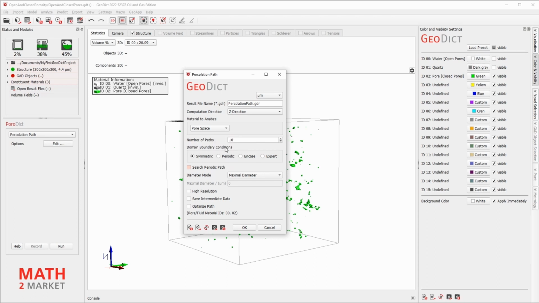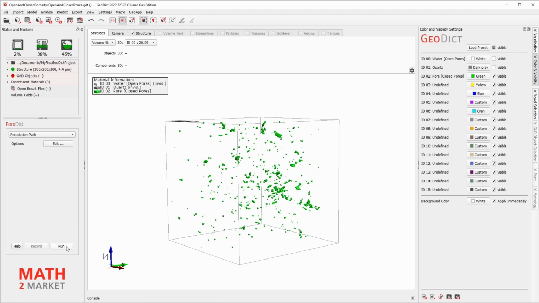You may leave the boundary conditions as is, clicking OK to run the simulation.